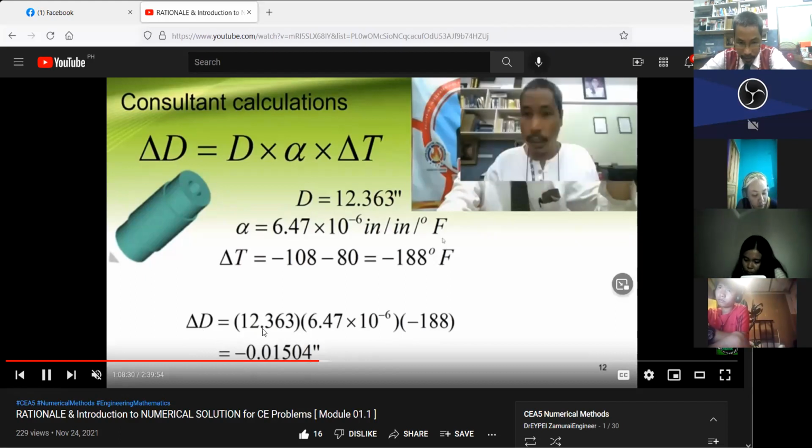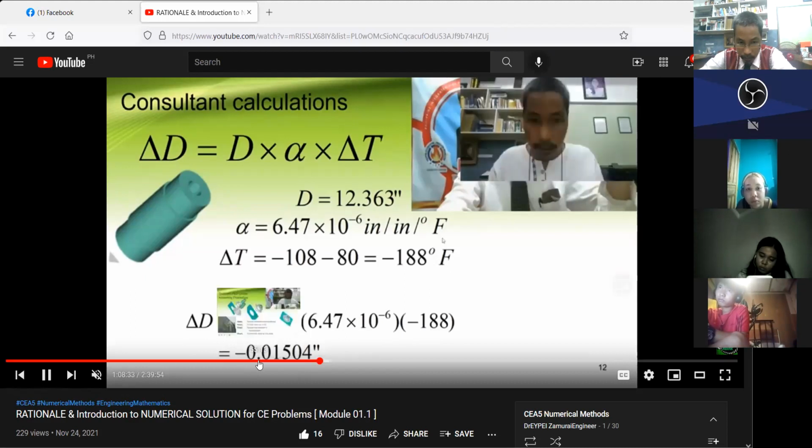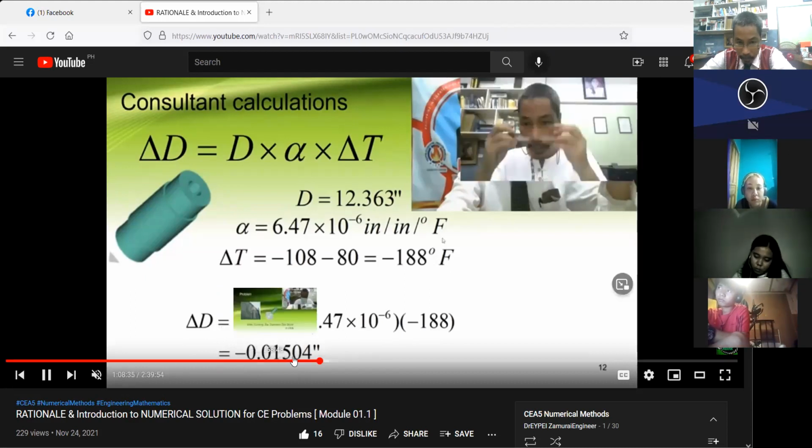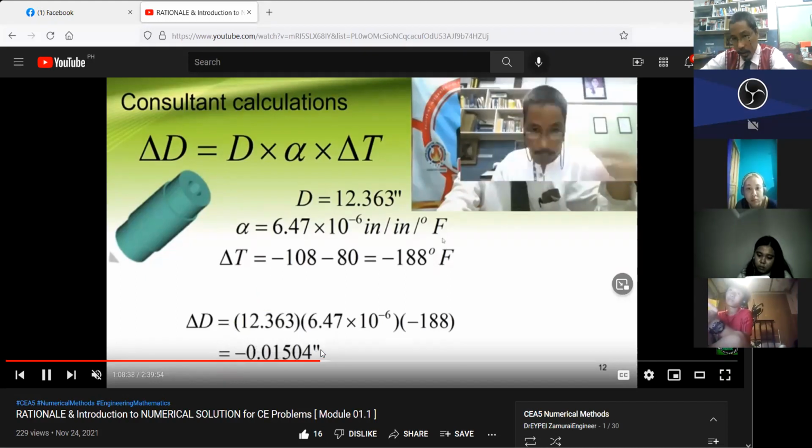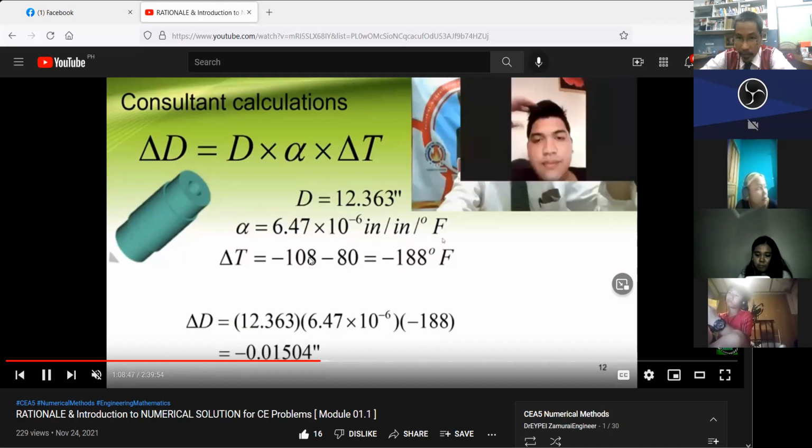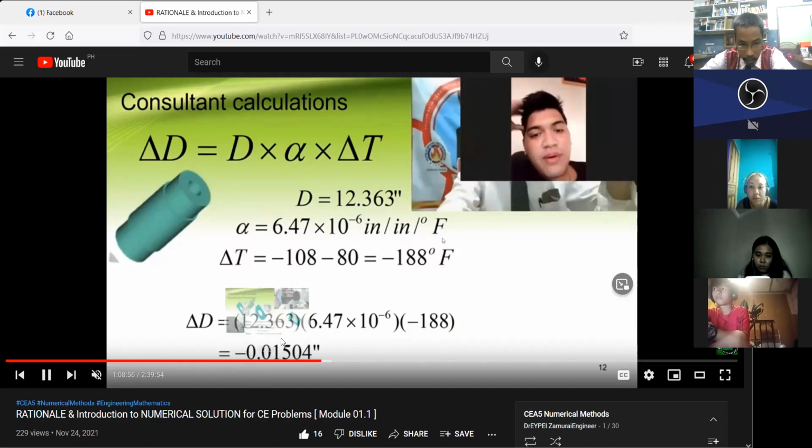This is the computation: 0.01504 inches, from 80 to 108 degrees Fahrenheit change in temperature. Because the temperature changes from 80 to 108 degrees Fahrenheit, we have this corresponding change. And it is not hard to judge it,